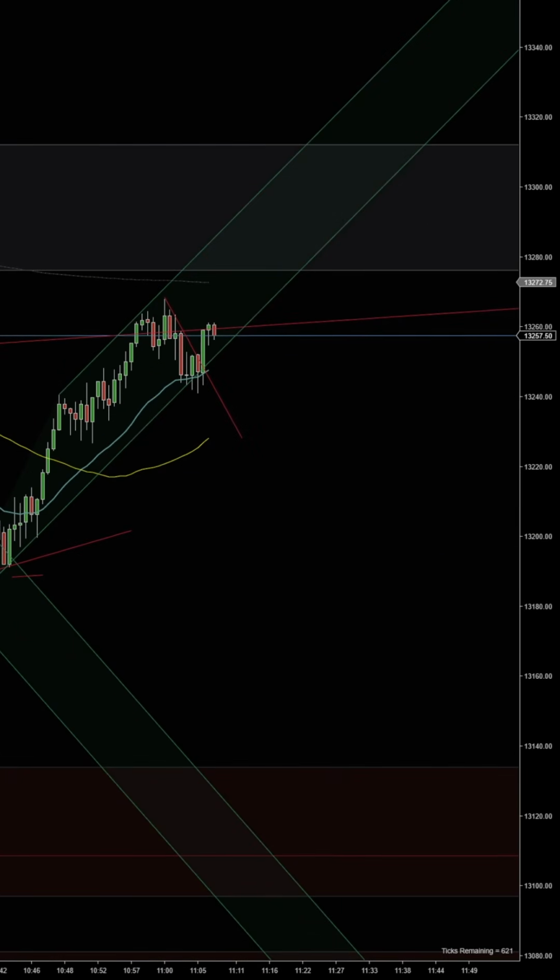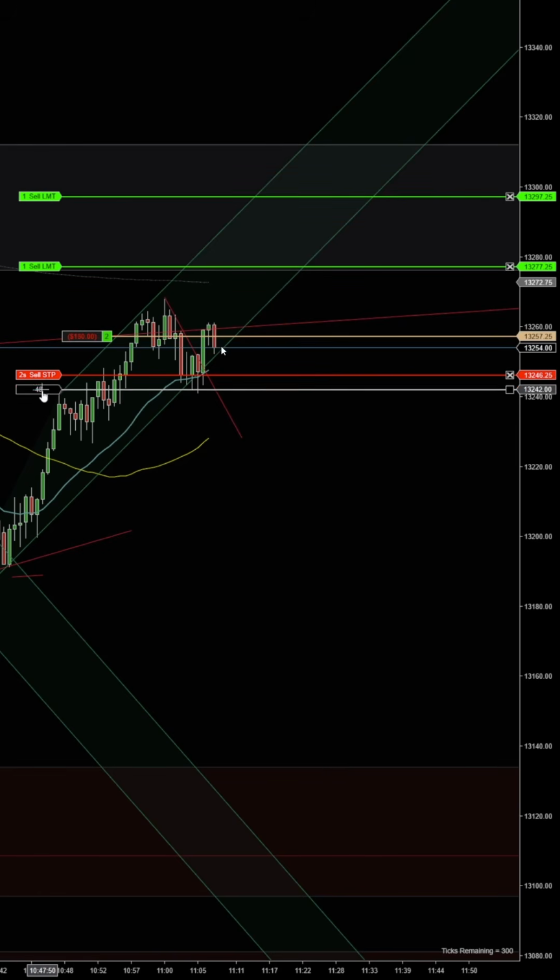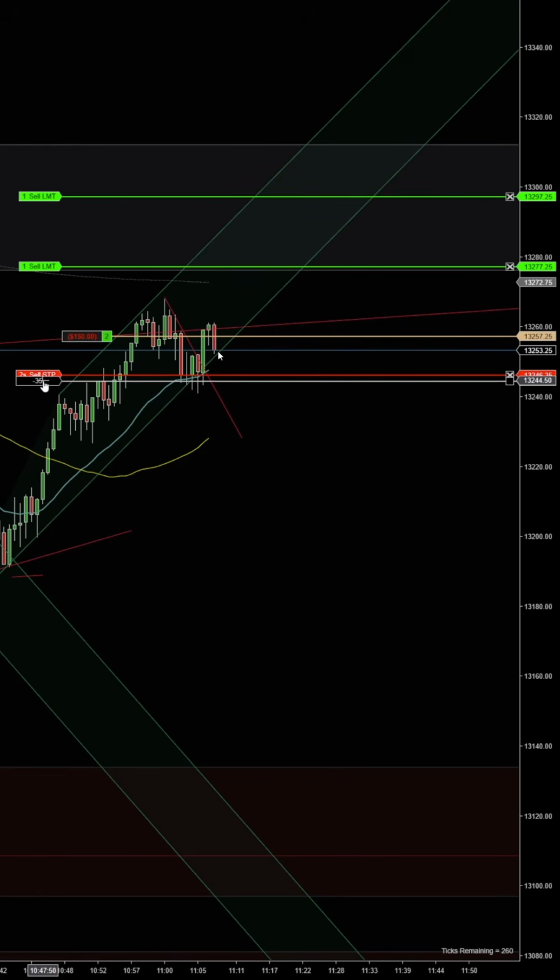Okay, on this one here, the price started grinding up, and now it is retesting after it went through that moving average and that trend line here. And I'm trying to enter a long here on that retest, on that pullback. Okay, I'm entered long right now,